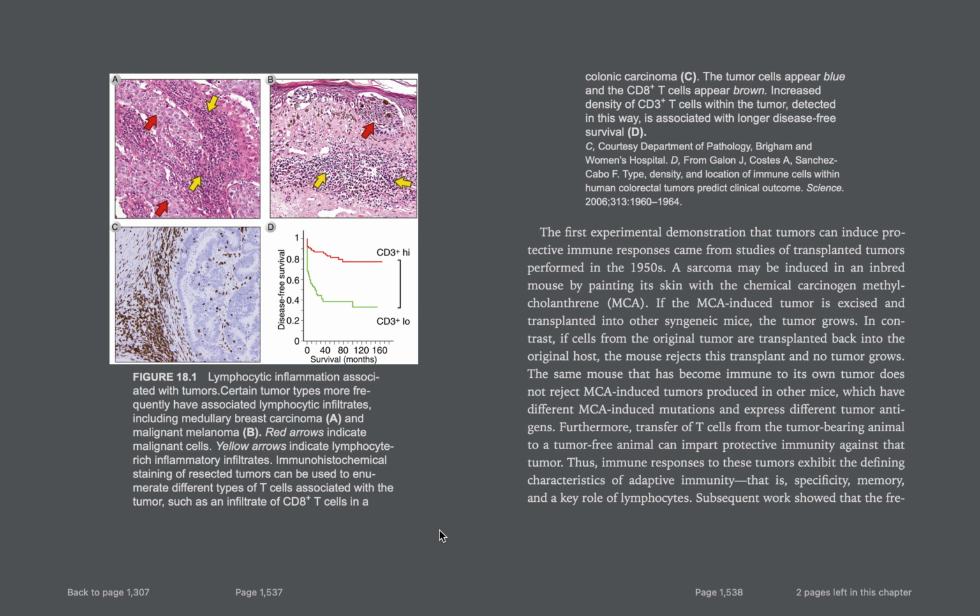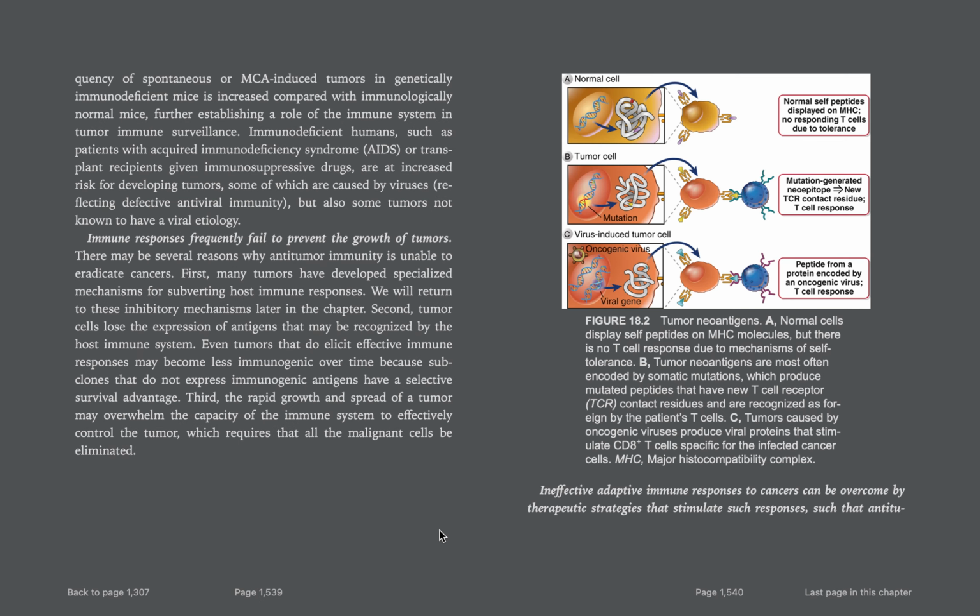Subsequent work showed that the frequency of spontaneous or MCA-induced tumors in genetically immunodeficient mice is increased compared with immunogenetically normal mice, further establishing a role of the immune system in tumor immune surveillance. Immunodeficient humans, such as patients with acquired immunodeficiency syndrome and transplant recipients given immunosuppressive drugs,